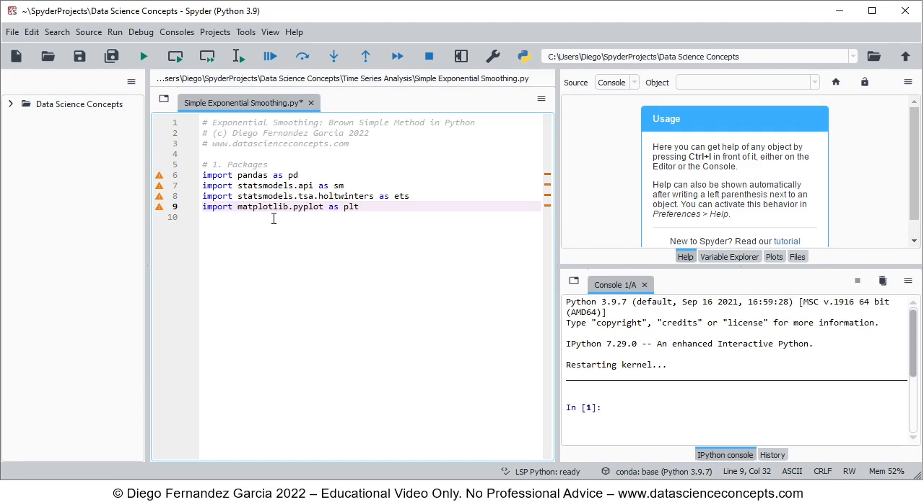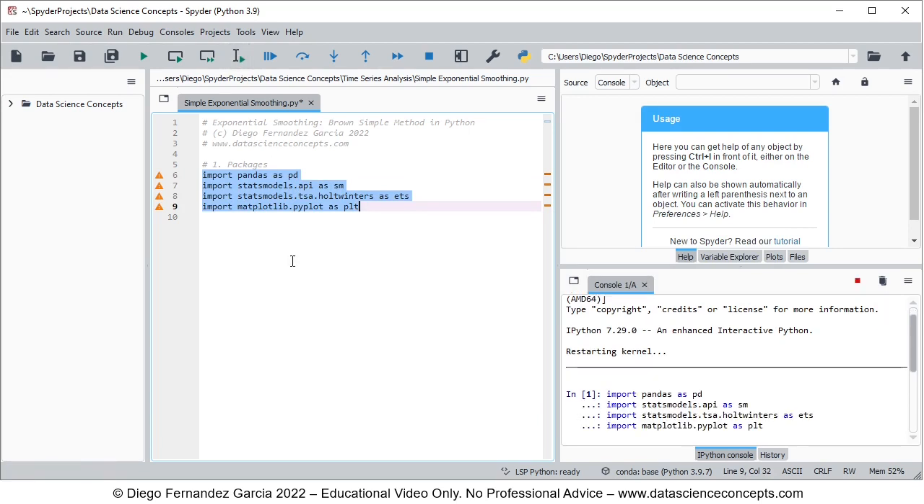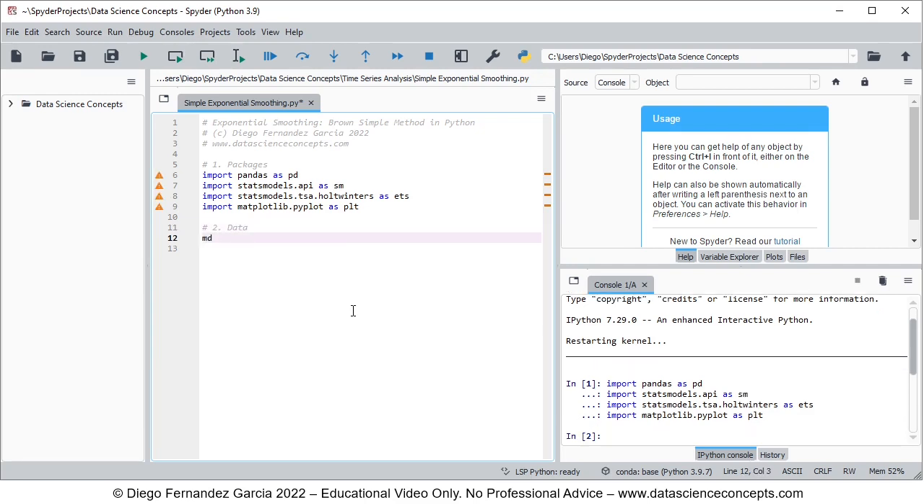To run these code lines, we go ahead, select them, and then we can either click the Run Selection button or we can press F9 on the keyboard. Then we continue with step number 2, which is data. For data, we're going to create an object named mData_obj, that's model data underscore obj for object, which is equal to, and here we'll be using sm feature from